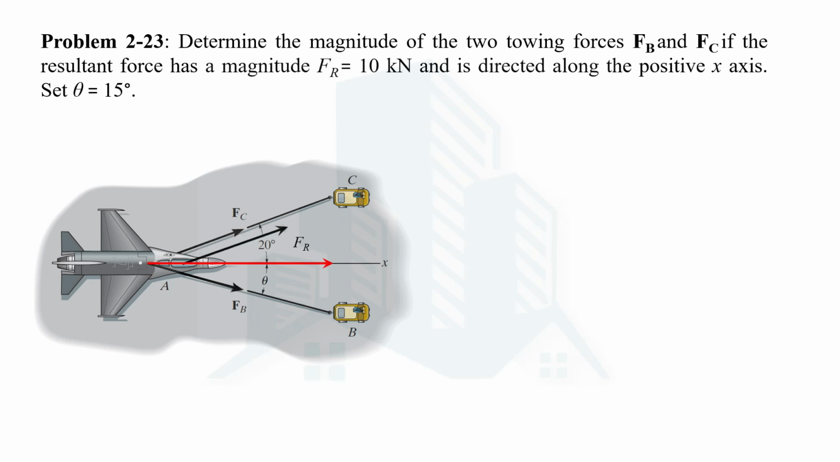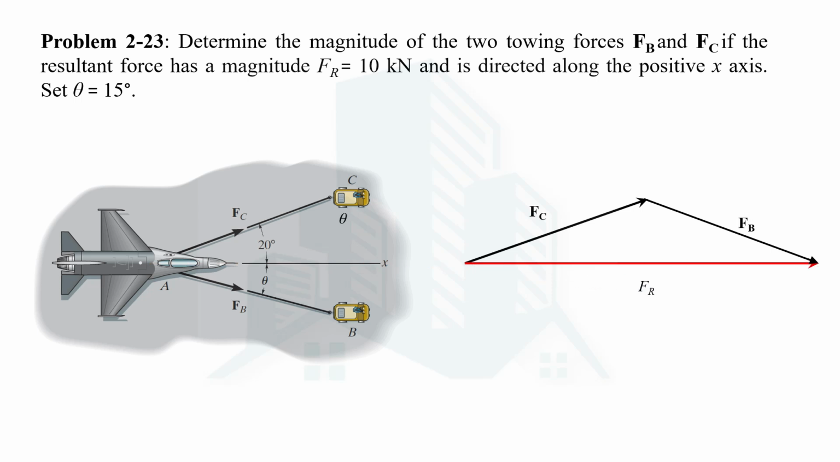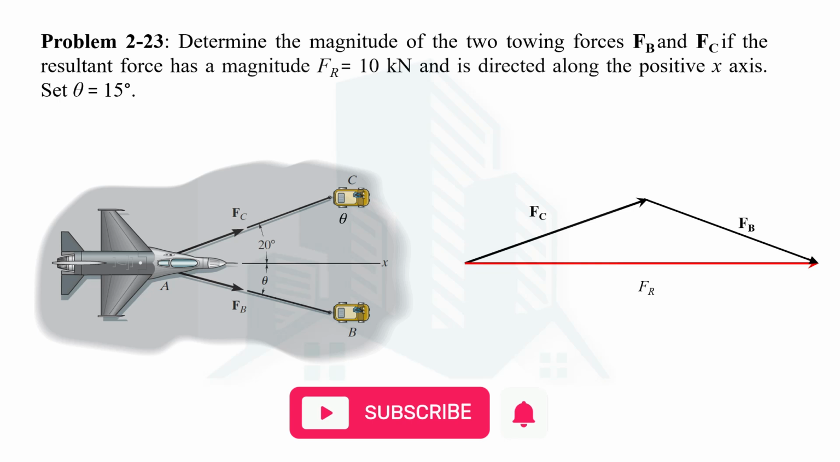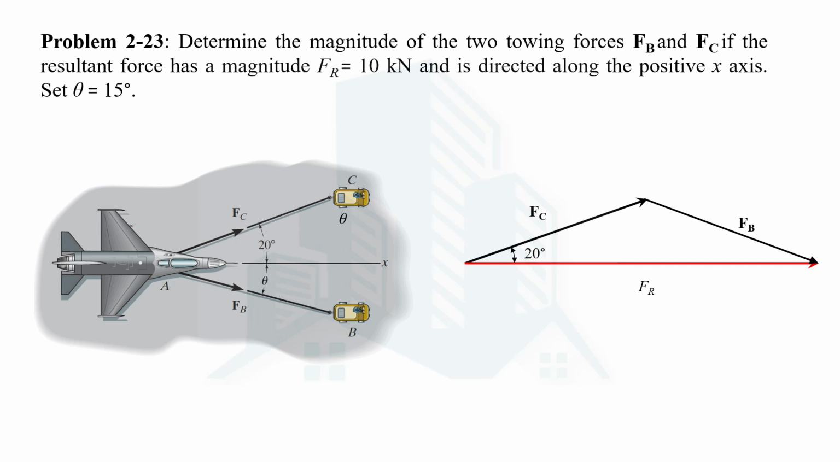Let's take the first force, which is the Fc force. Let's take the second force and place the tail of the second force at the head of the first force, this way. And you know that the closing side will be the resultant. So this is how the triangle would look. Now we should know the interior angles. This angle would be 20 degrees because Fc is making an angle of 20 degrees with the